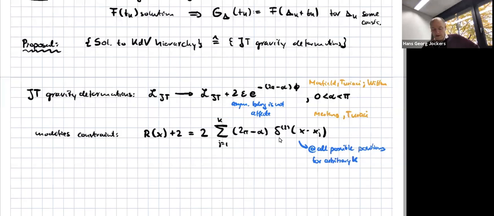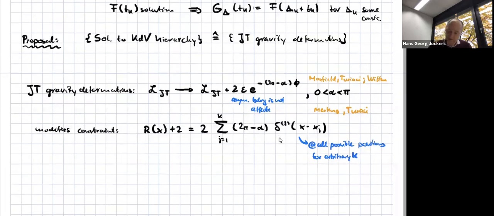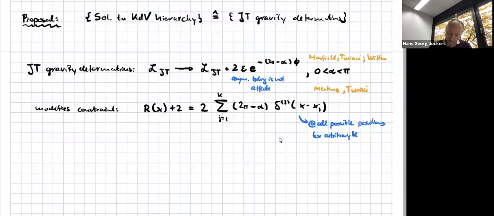If you have such a delta kind of singularity in curvature on a Riemann surface, the way you can interpret this is that you actually have a conical singularity at this place. So you have conical singularities, and this alpha is the identification angle